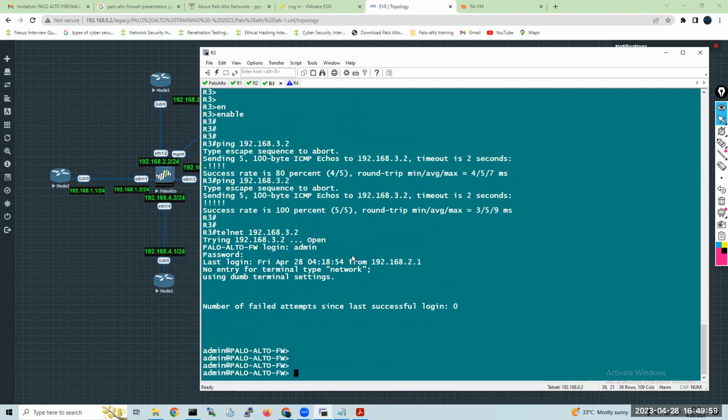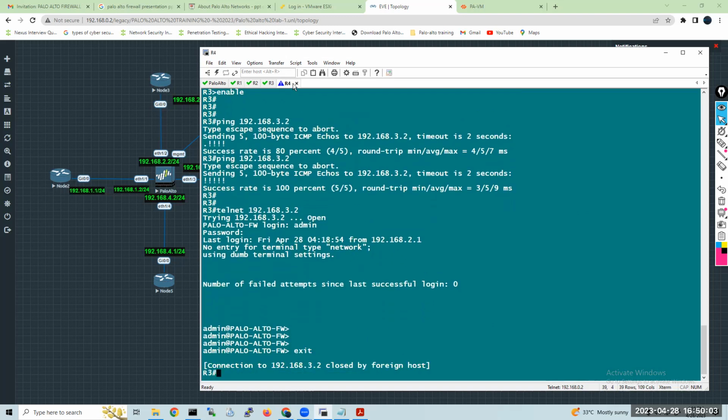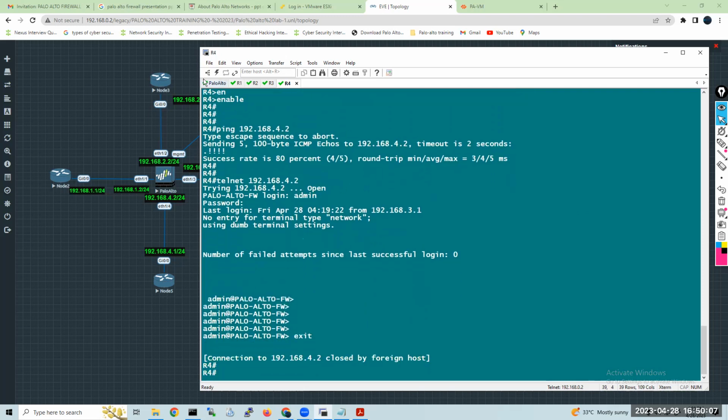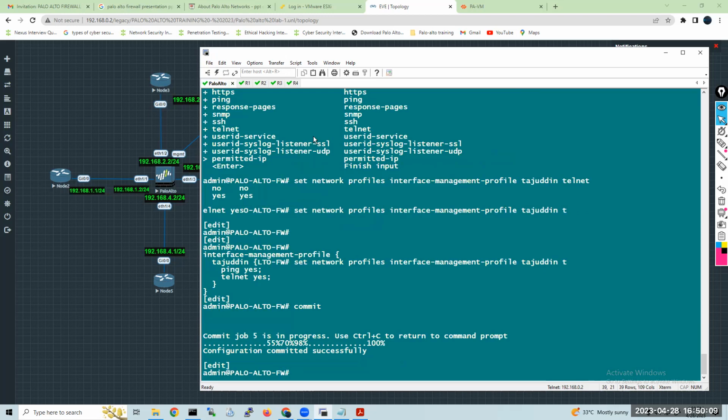As you know, guys, telnet is not a secure communication. It's not recommended to configure telnet in organizations. So now let me enable SSH. How can we do that?